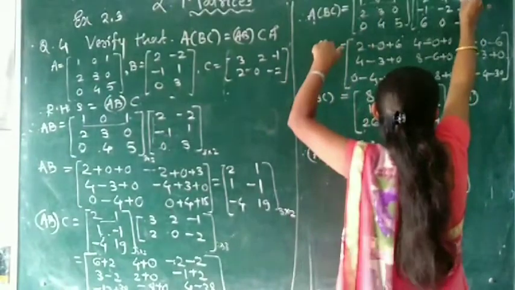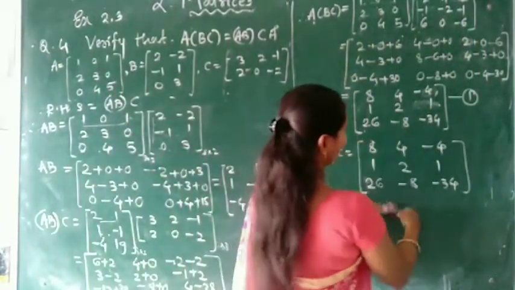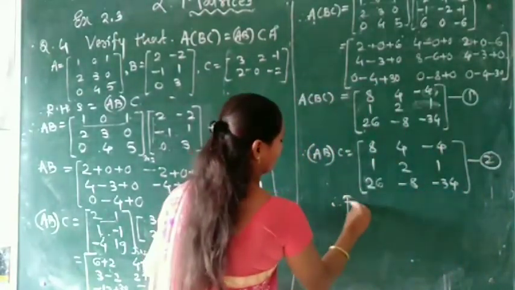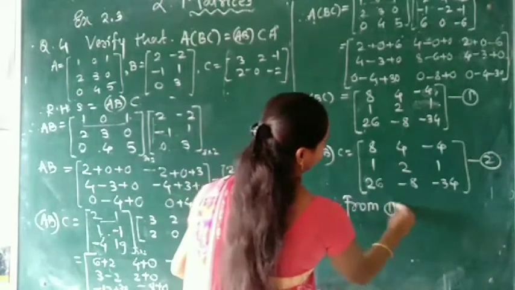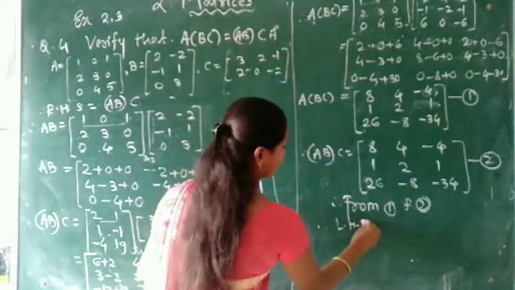So here I write 2. This becomes 1. So this answer was wrong. Now look, these two matrices are the same. Therefore from 1 and 2, LHS is equal to